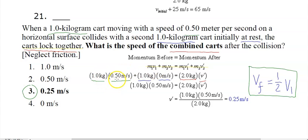m1v1, 1 kilogram times 0.5 meters per second, plus m2v2, 1 kilogram times 0 meters per second, equals m1v1 prime plus m2v2 prime. Now we know that m1 and m2 are the same mass of 1 kilogram, and we know that v1 prime and v2 prime are the same speed, which gets factored out. So we added the masses and factored out the v. And then of course, continuing down, we solve and we get v prime, the final speed of the combined carts, equals 0.25 meters per second, which is in fact half of the initial impact speed of mass